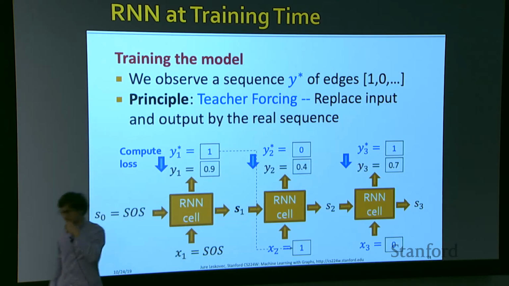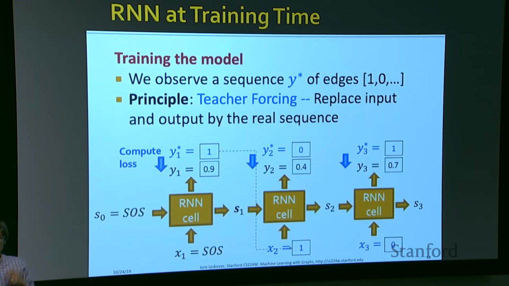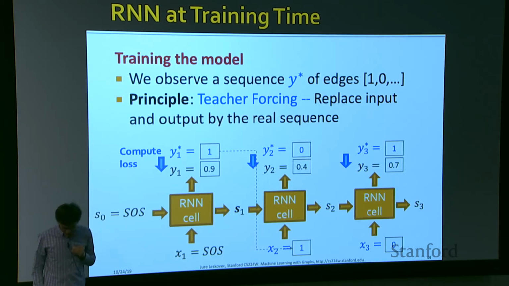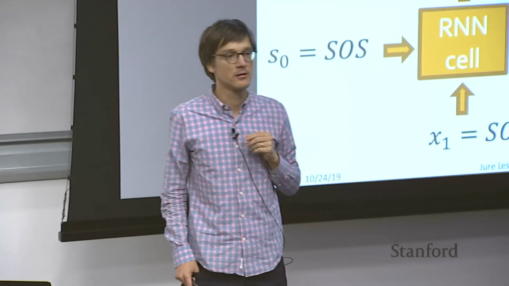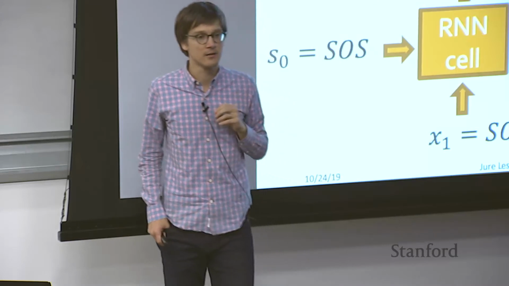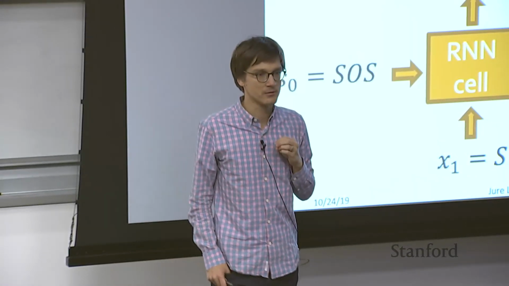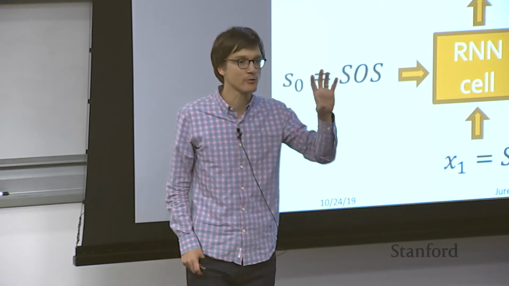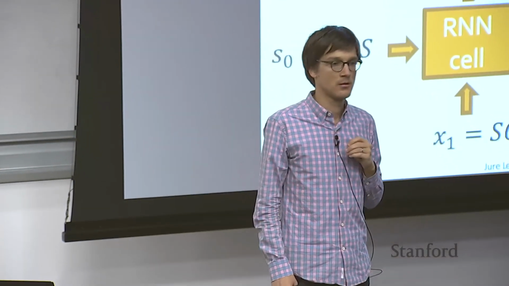Yes? How do you enforce the order of the sequence? I thought it's order invariant, right? Order is given. The ordering of the nodes is given. We said, right? The ordering of the nodes is given. You get to choose it. But this is the edge level RNN, not the node level. But